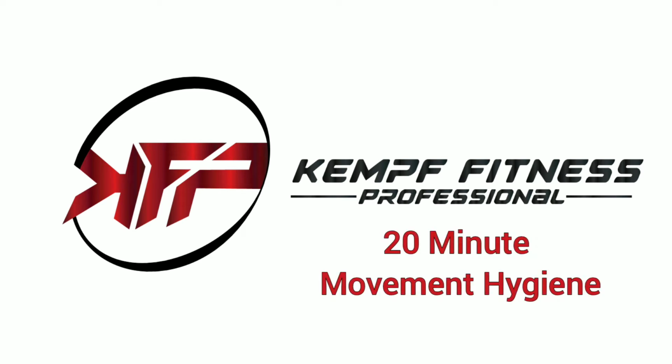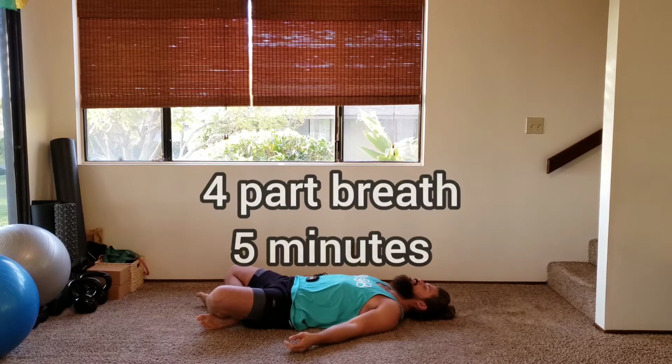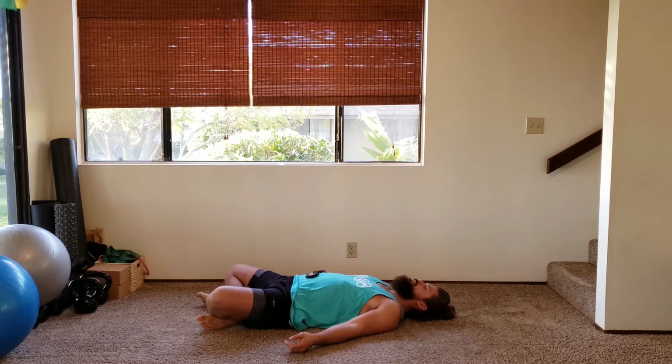This is another 20-minute movement hygiene. We have 5 minutes of deep belly breathing followed by 15 minutes of body weight mobility. We're going to start off in any position that feels comfortable. You can lie down on your back, you can find a seated position, you can assume a child's pose or whatever feels comfortable for you that allows you to elongate and align the spine, relax completely, and take deep breaths